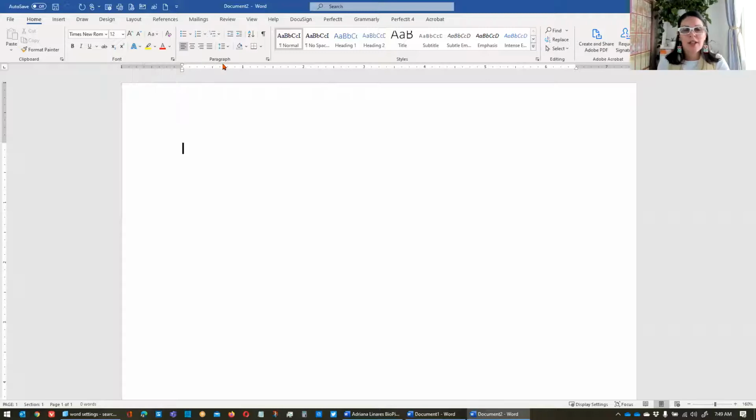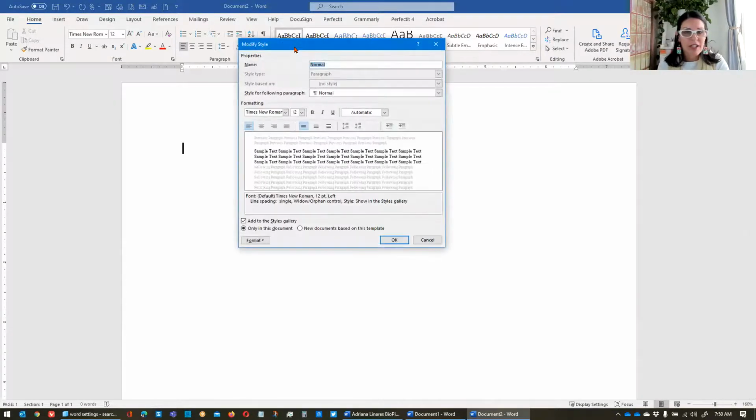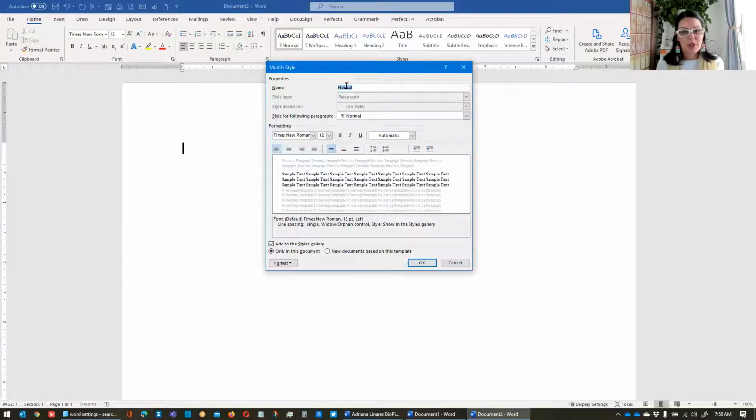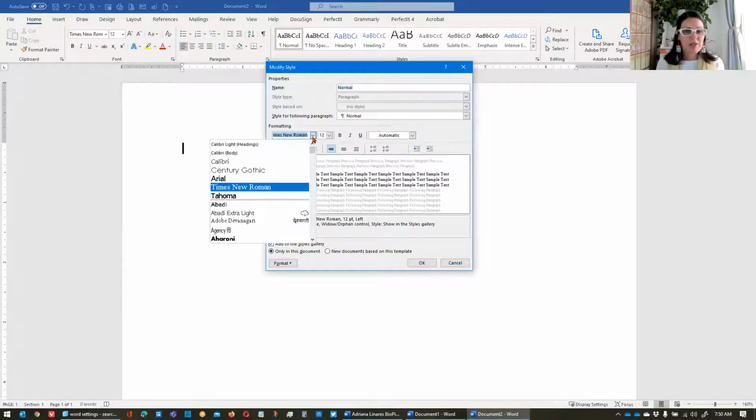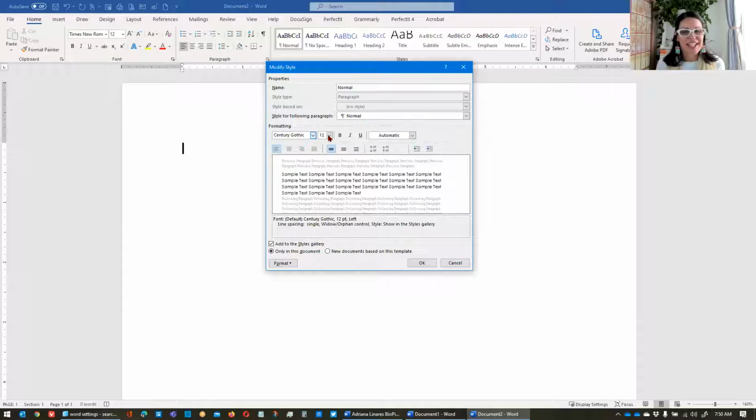There's 2 ways. Actually, there's probably 5 ways. I can only really show you one at a time with limited time. So I'm going to show you one. You're going to right click on the word normal, on the normal style. You're going to right click on it and modify. In here, it should say name normal at the top. And then you'll see what normal is set to. So mine was set to Times New Roman. I must have been doing some training. Let's set it to Century Gothic. That's the font I like. And I'm going to set it to 11. Once I've done that, I've set my default font.